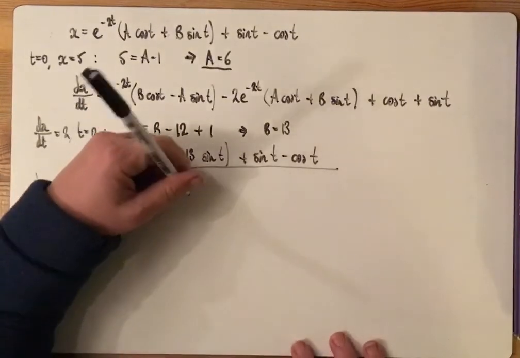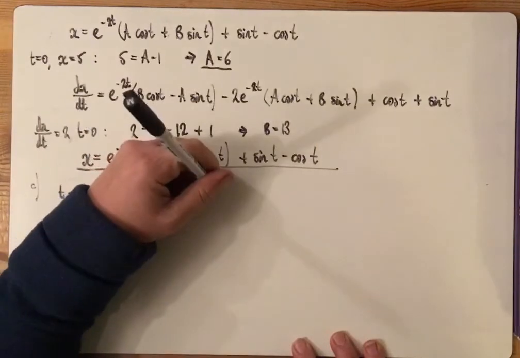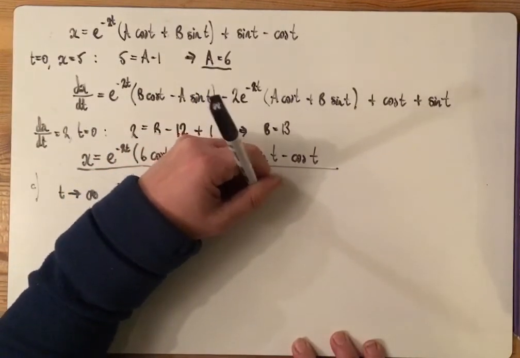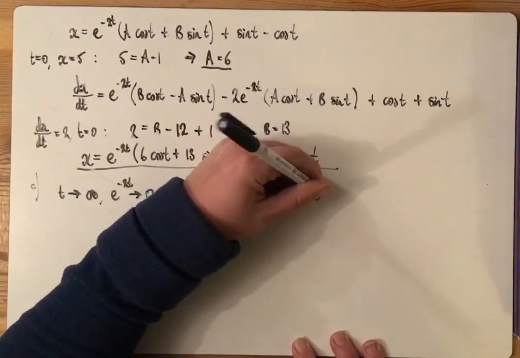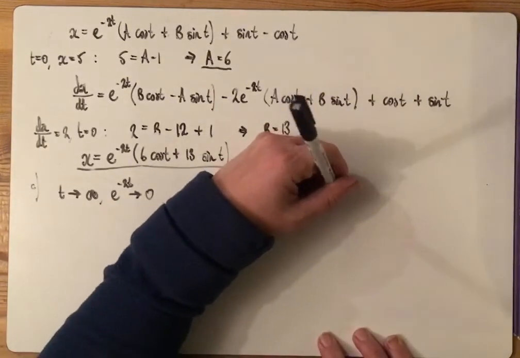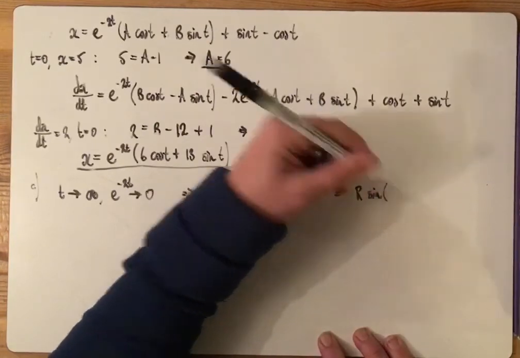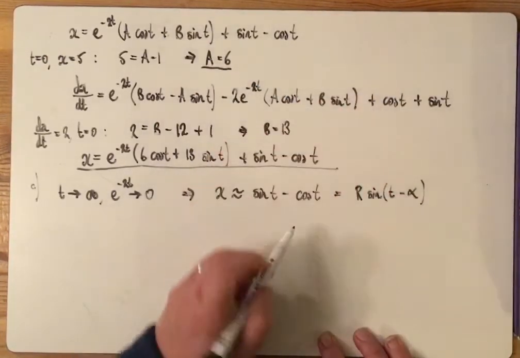And so all this bit is going to 0, and so x is approximately equal to sine t minus cos t,